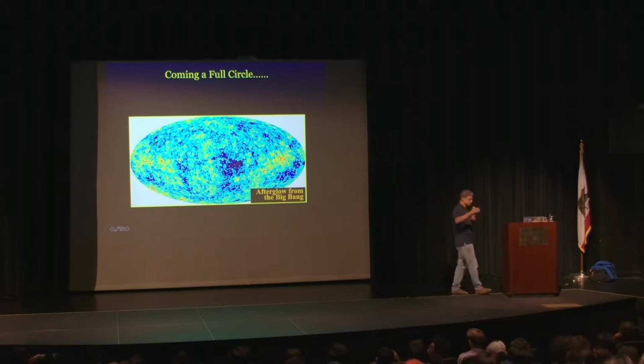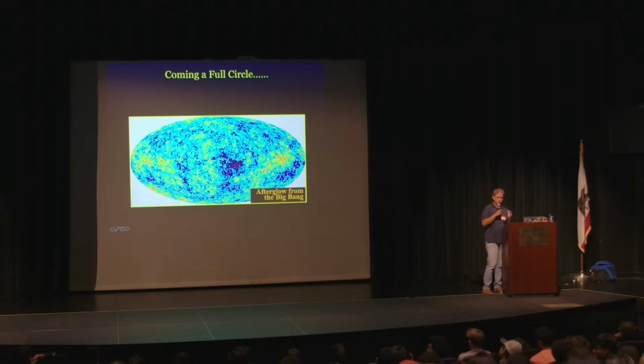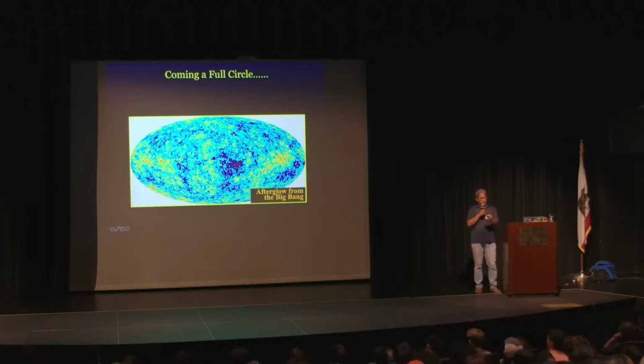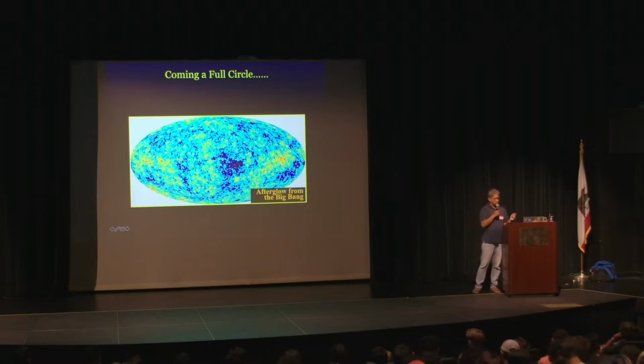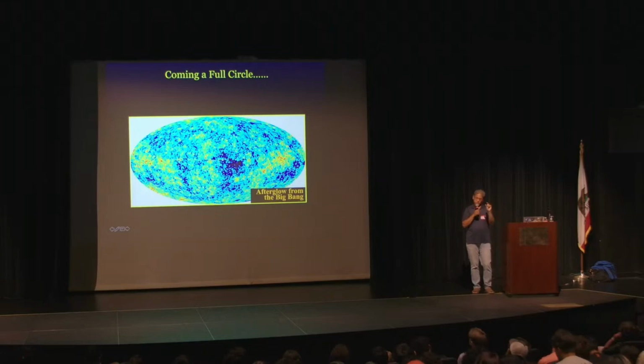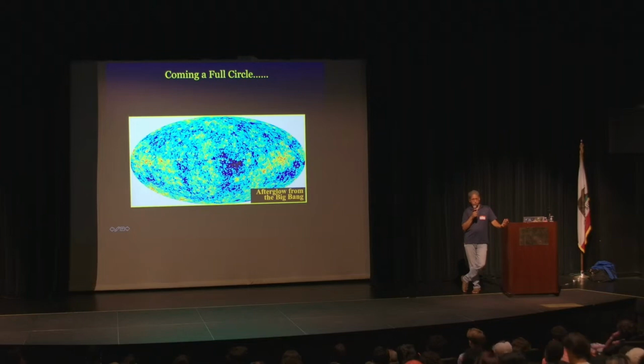You'll notice it's not smooth. There are pockets of the universe that are higher temperature than other pockets. So the dark areas are lower temperature. The yellowish orange are high temperature. There are fluctuations in the universe that are caused by, can you guess what? Quantum mechanics. So quantum uncertainty in the early universe is reflected in this patchiness that you see here.